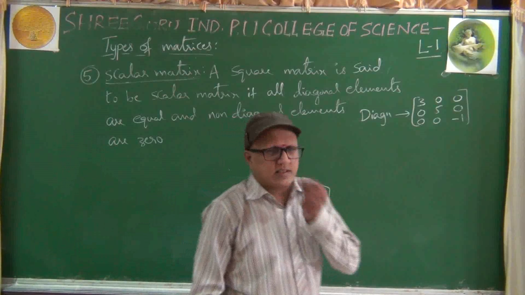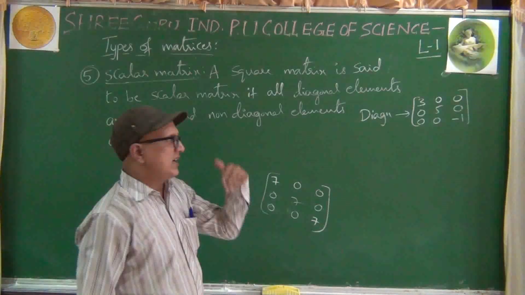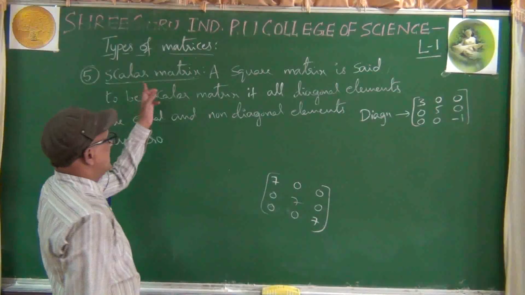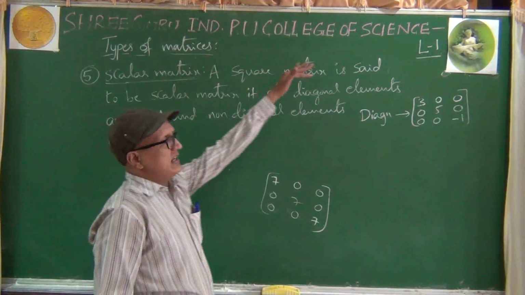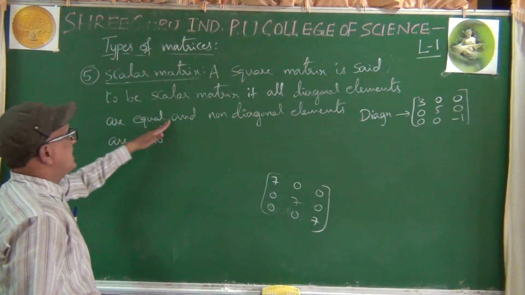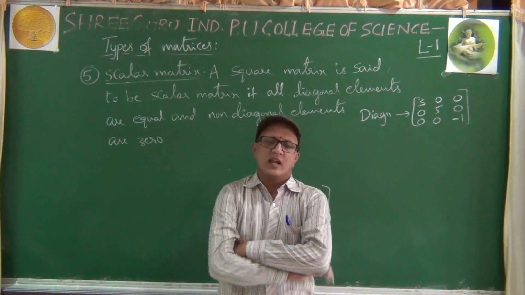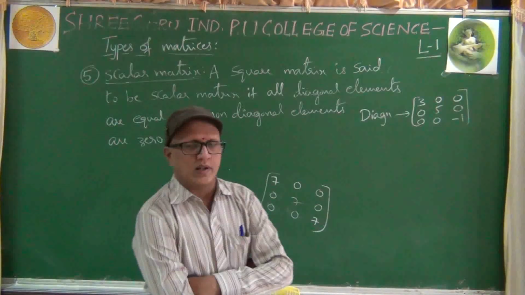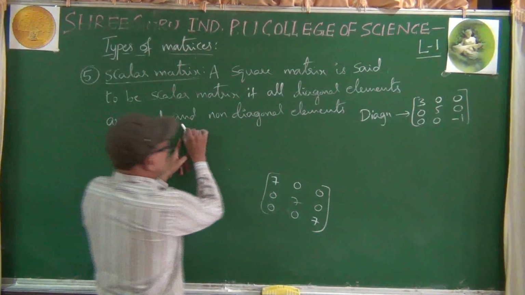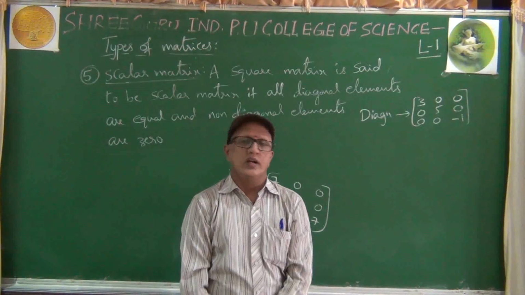Definition looks a bit lengthy, but easy to learn by comparing with the textbook definition. In the textbook, what did they give as the definition? Scalar matrix definition: a diagonal matrix is called a scalar matrix if all diagonal elements are equal. That's it. Definition over. It is not necessary to write more as per the textbook. But for a few people, it is a bit difficult to learn. That's why if you write like this, it may be a bit lengthy, but easy to learn. No need to confuse.